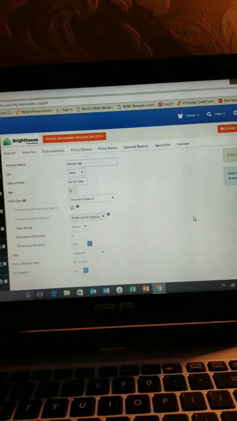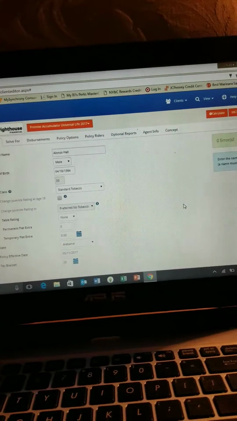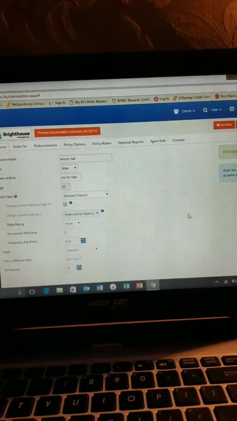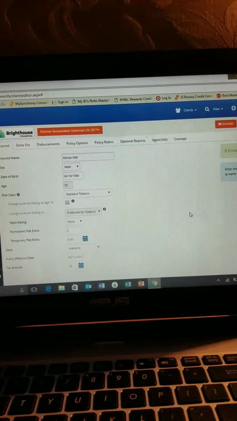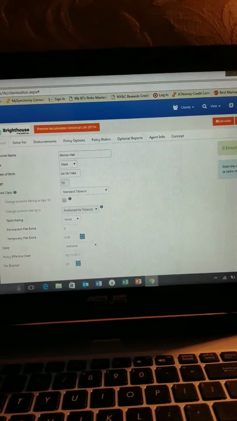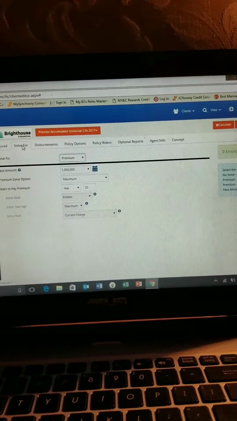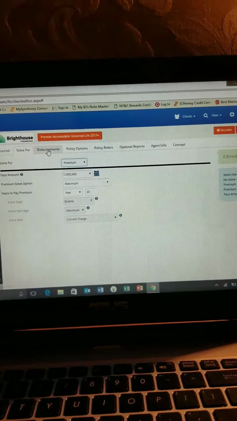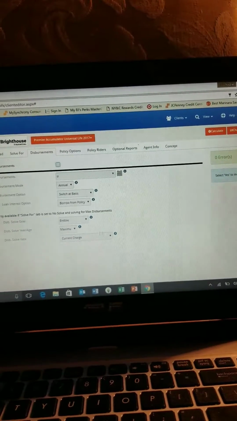The reason I like universal life insurance or any type of a permanent life insurance policy is because of the cash value that you can accumulate and the different ways that you can play with it. So I remember speaking with Ahmad and he was asking about disbursements. So this is how you would set up the disbursements. Well, this is how I or your agent would set up the disbursements